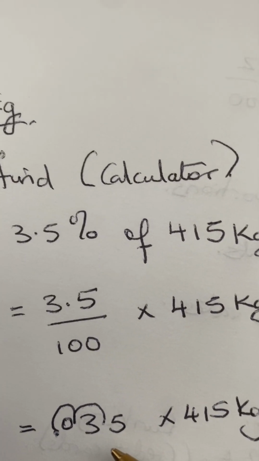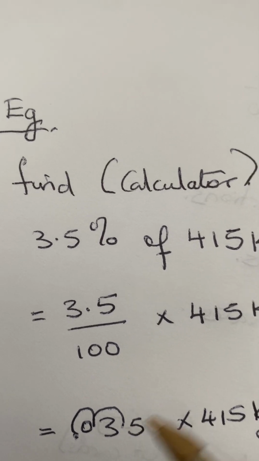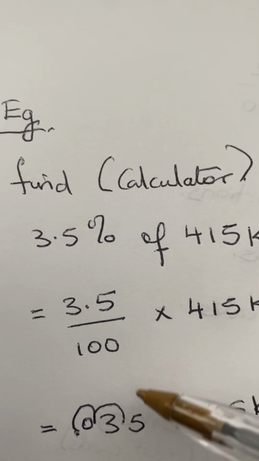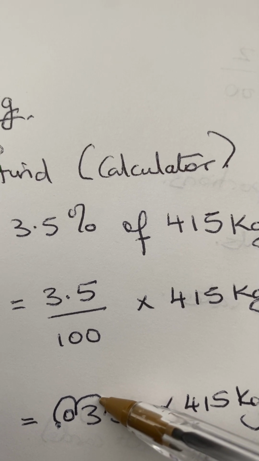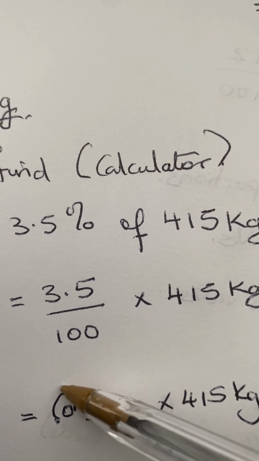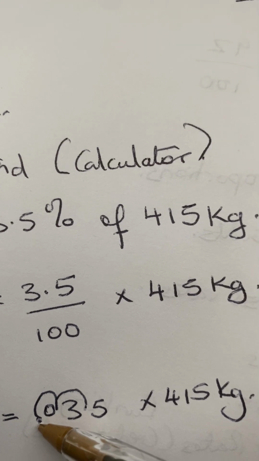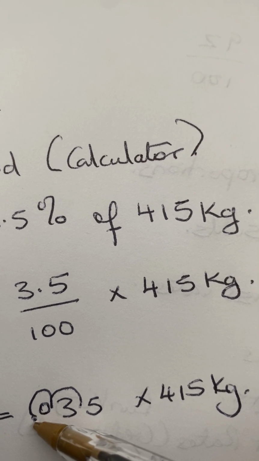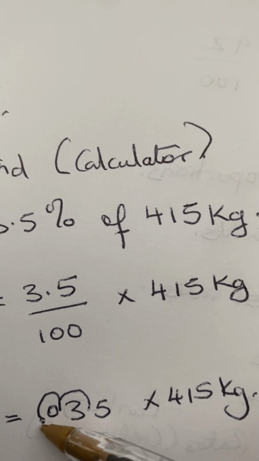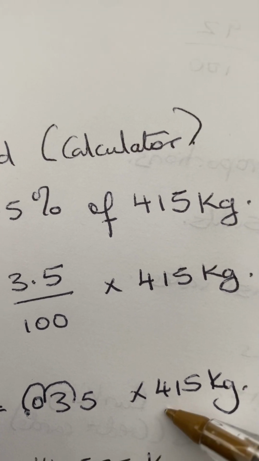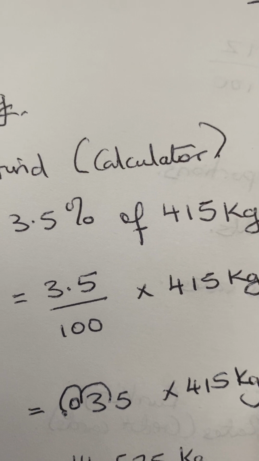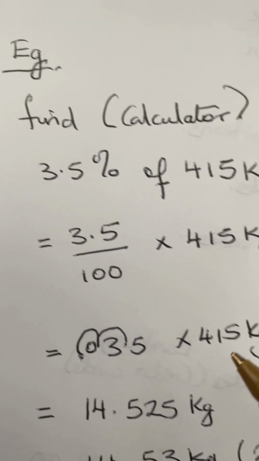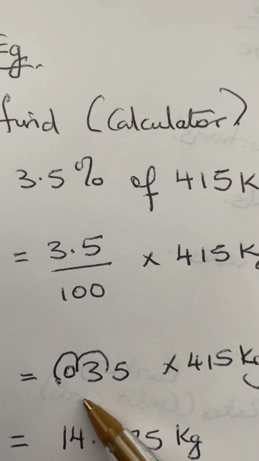So if we write 3.5, we are going to move the decimal places 2 places backwards. So 1, 2. We did this in one of the videos, powers of 10. Okay, times 4.1 kilograms. Now we can use the calculator to find